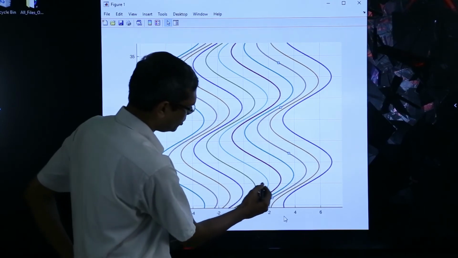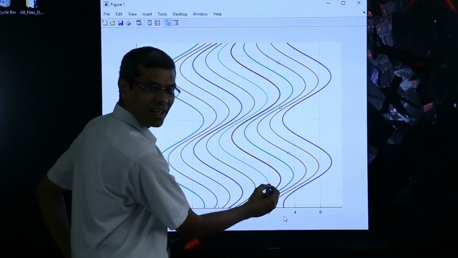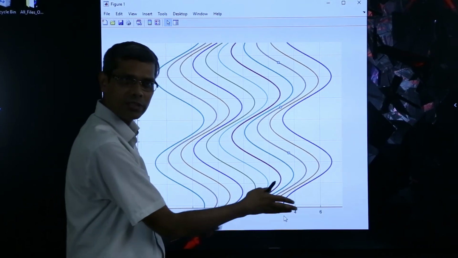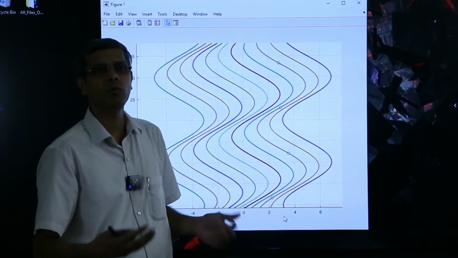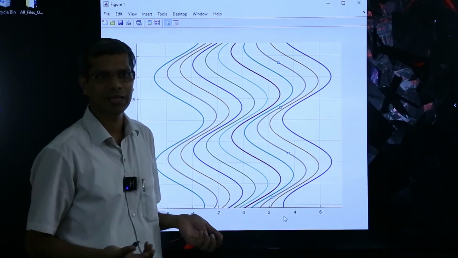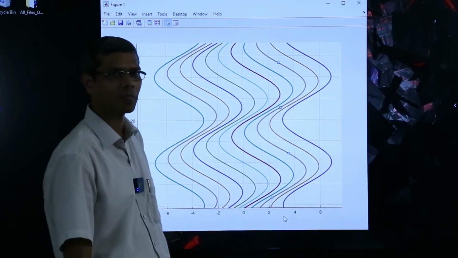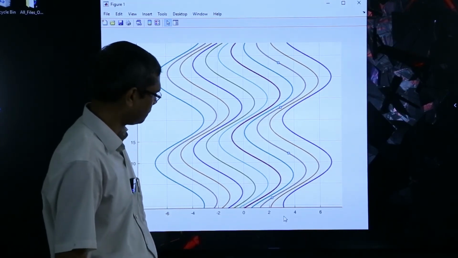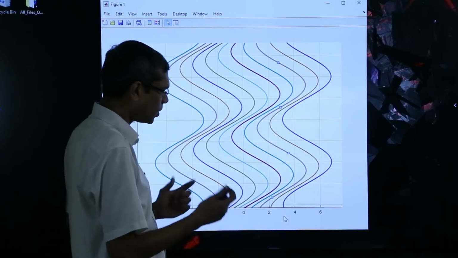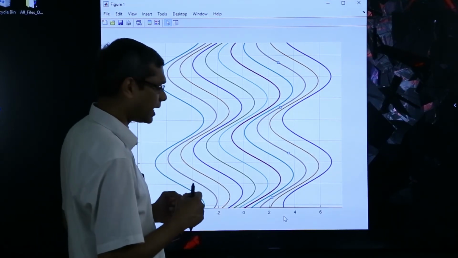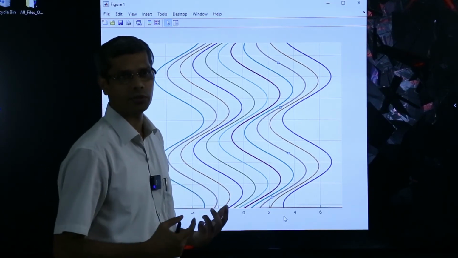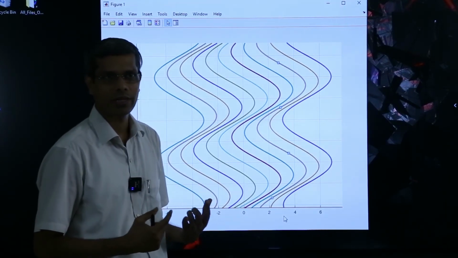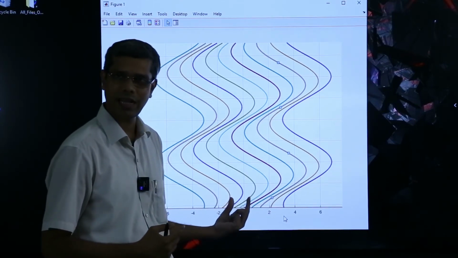If I decrease this, you can see that the curve will become more and more like the sine. So you mean to say that the particles you are considering are spaced apart considerably? No, I am talking about the A, each particle's amplitude. That is what I am talking about. So if I decrease that,